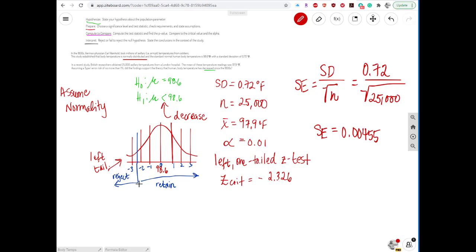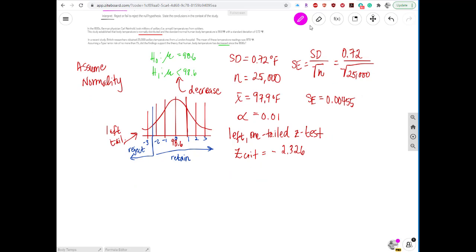Awesome. I'm looking really good here. I've figured out where I'm going to retain and reject. Got my standard error, got my ZCrit. Now I've just got to start computing and comparing. To compute and compare, I've got to figure out what my Z obtained is, and then I need to find the probability of getting a Z obtained of that size or smaller. So let's start with our Z obtained. So my Z obtained